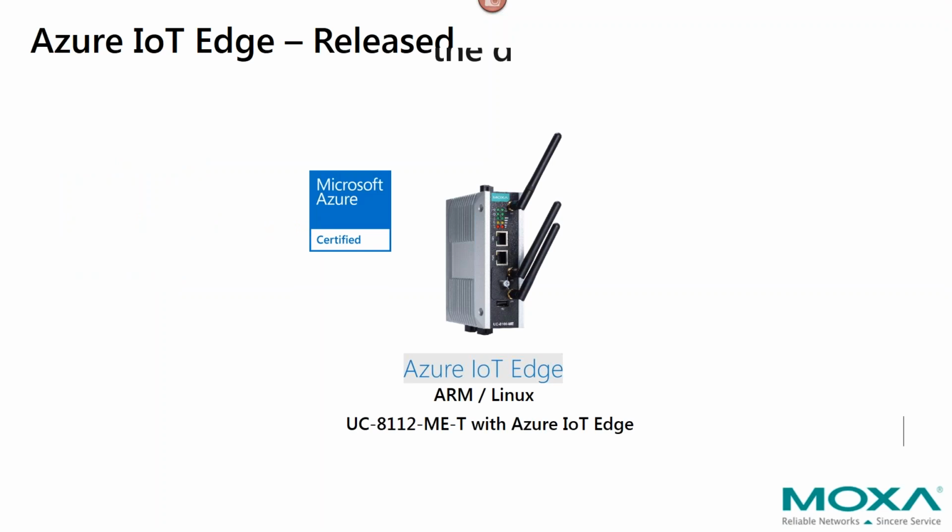Today, we are very pleased to announce that the Moxa ARM Linux-based UC8112 is now available and certified in the marketplace with Azure IoT Edge, and also comes with Azure IoT Edge pre-installed from the Moxa factory. This is a key point. You can get hardware with Azure IoT Edge pre-installed. This allows end users to first benefit from integration with a leading cloud vendor like Azure, and then also more easily deploy and commission Edge Gateways in the Azure Device Provisioning Service.